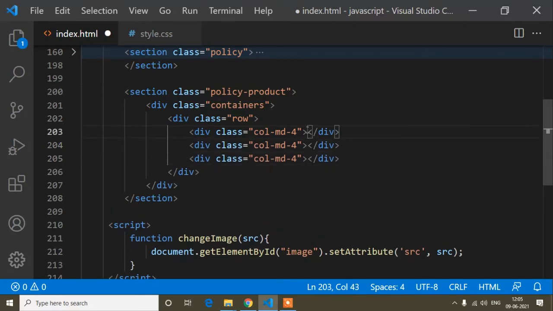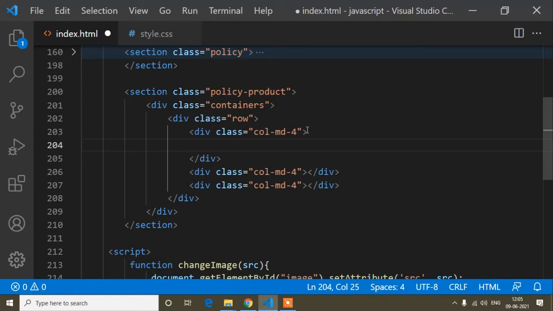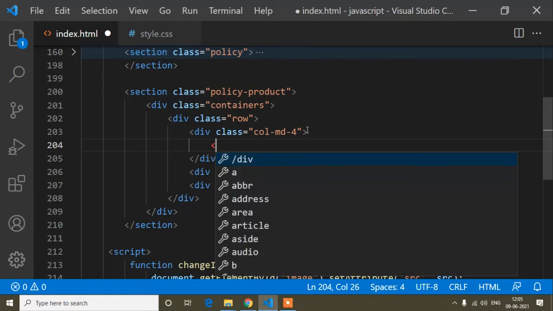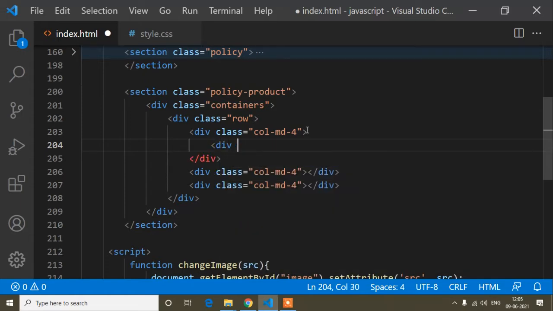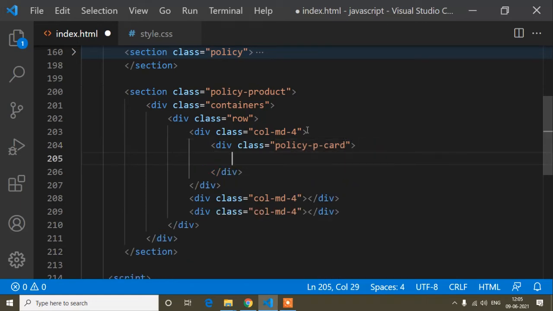That means it will create three columns. And now first of all I will make the HTML code for the first column. So div class policy p cart. This class name you can write as per your choice.